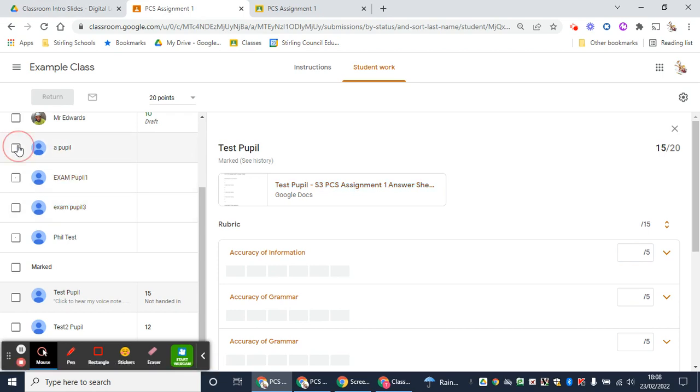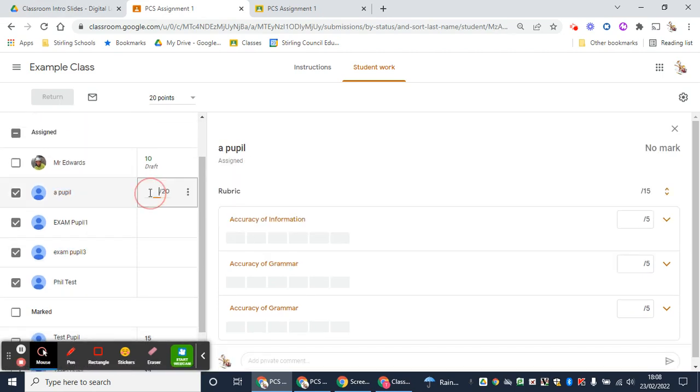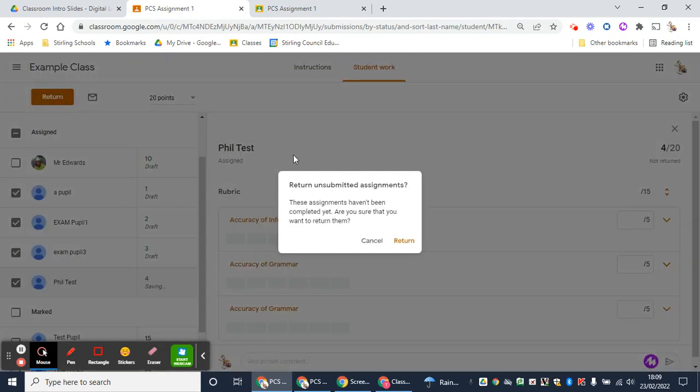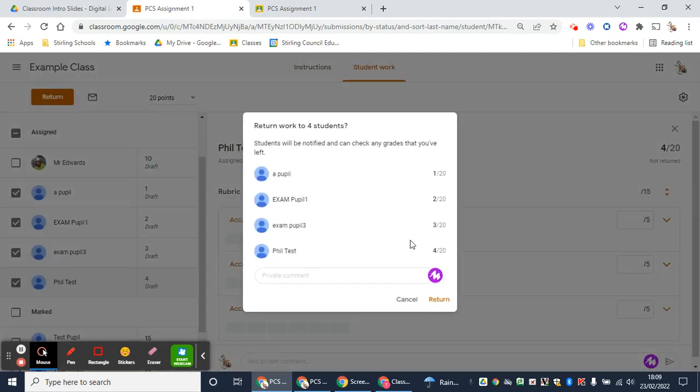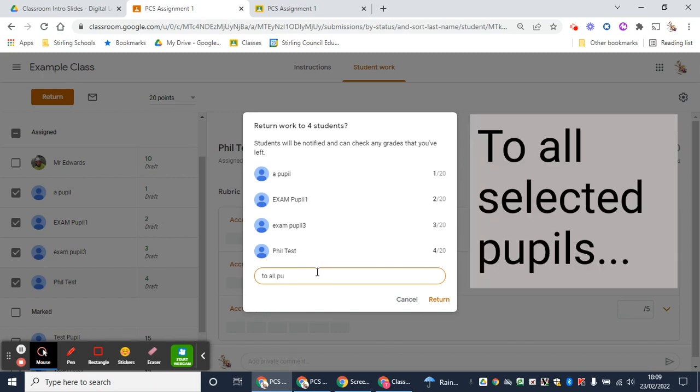Now, if I just select a group of pupils here, let's just tick a few of these here, and then I actually need to add a grade first, so I'll just do that now. There we go. So now that these pupils have all got a grade ascribed, I can return, and when I return these assignments, you will see that I get this little notification. Students will be notified and can check any grades, and then you have another opportunity in here to leave a private comment. And so that private comment will now go to all pupils. So if I post this comment,